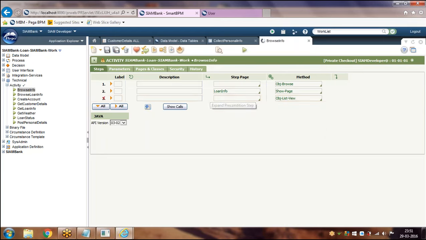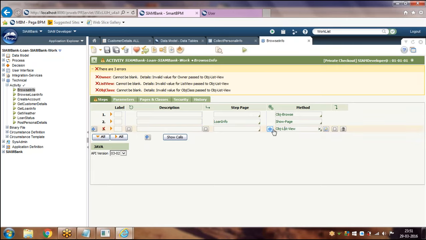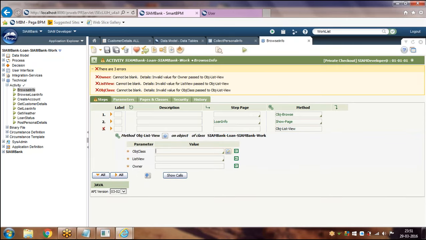Expand the method. Here you have to pass the list view rule which you are going to call.